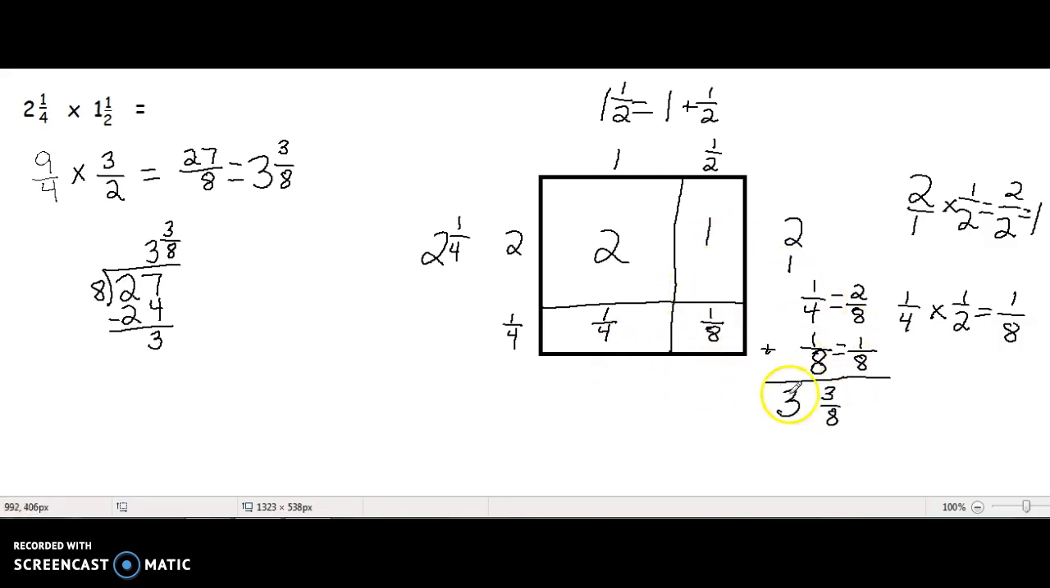So here's just another way to get the same answer that I got when I did the straightforward multiplication. That was 3 3/8, and the area model produced a 3 3/8 answer as well. So you can choose whichever method you like to solve your problems tonight and for the rest of the week. You can either choose to use the area model if you like that, or choose to do the straightforward multiplication. Either way,